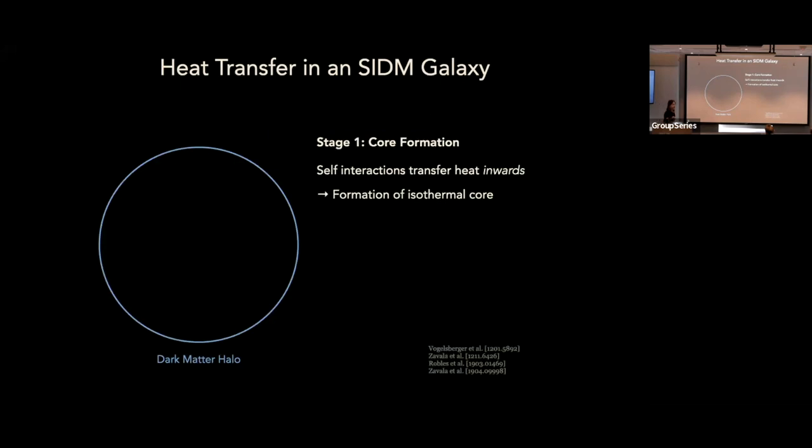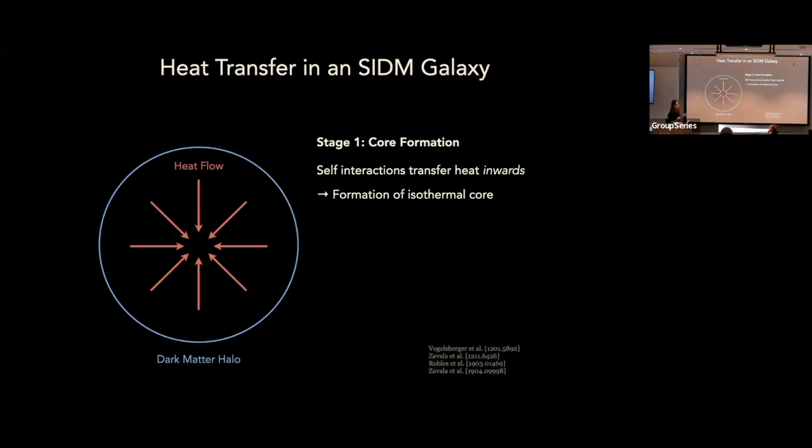So once we allow for these self-interactions to occur, the actual physics of what's going on inside a dark matter halo becomes really interesting. It's much more interesting than the cold dark matter case. And there's multiple stages of the evolution of what will happen in the halo. It starts off with the formation of a core. So when self-interactions are allowed, you can have heat that gets transferred in different regions of your halo. And so initially, the heat flow goes towards the center of the halo. So you start heating things up in the middle. That ends up moving the dark matter out a bit, and so you end up coring your galaxy in this region.